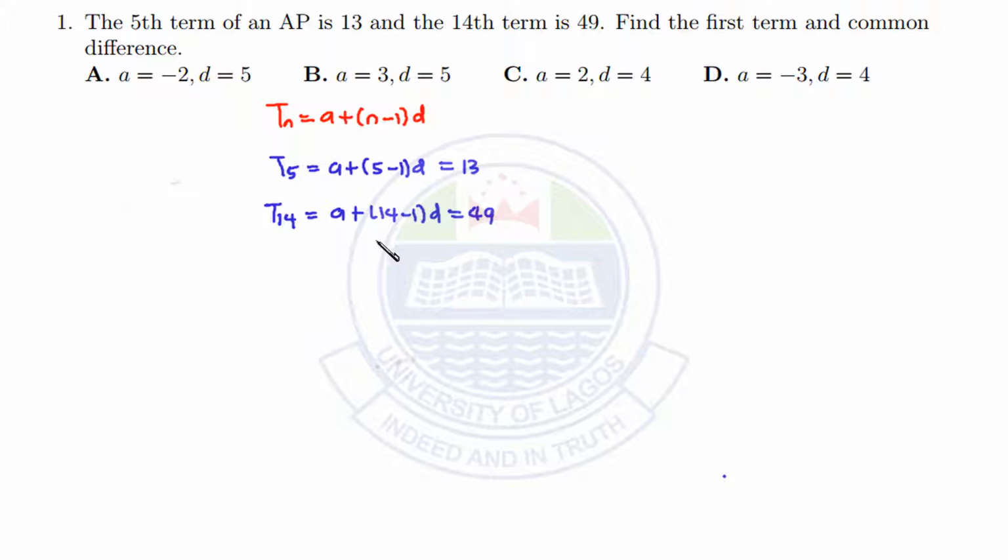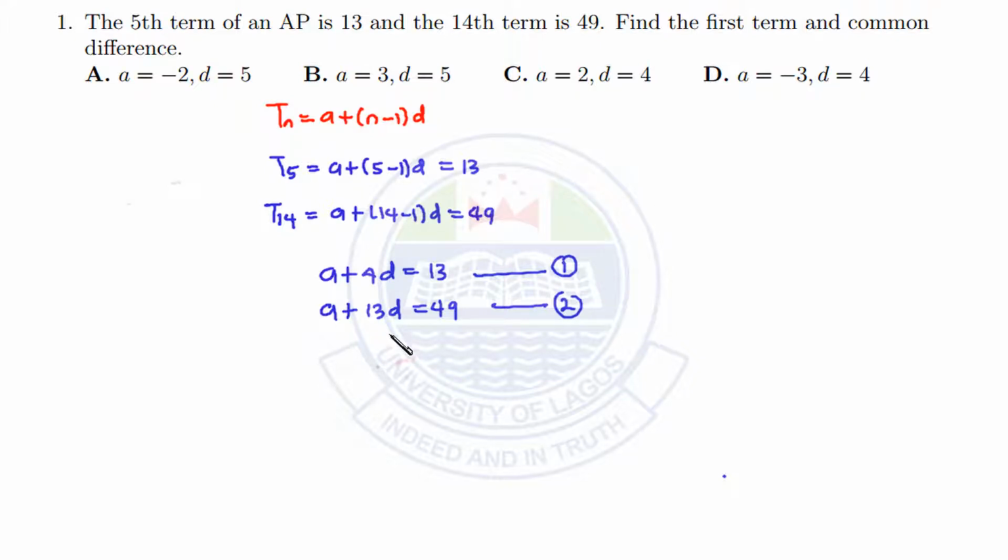which gives you 49. Now if we simplify what is here, we are going to have a plus 4d equals 13, and a plus 13d, which equals 49. Now let's call this equation 1 and equation 2. Now we need to solve this simultaneously for us to get our a and